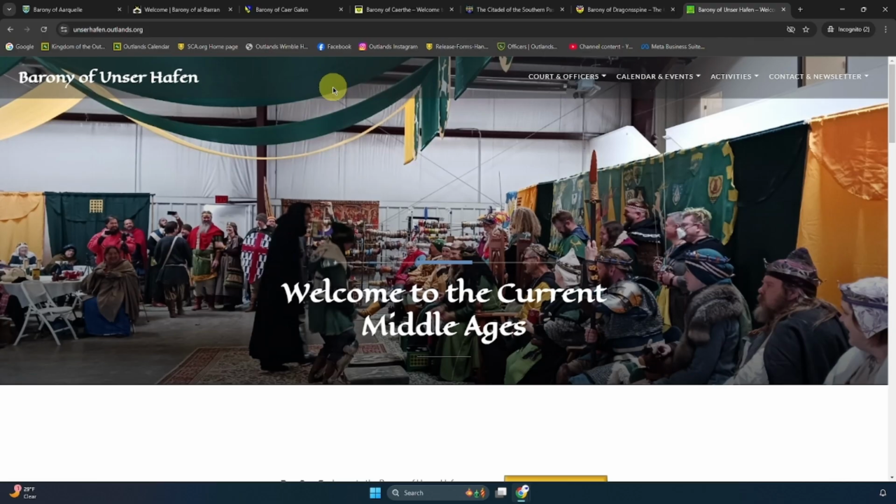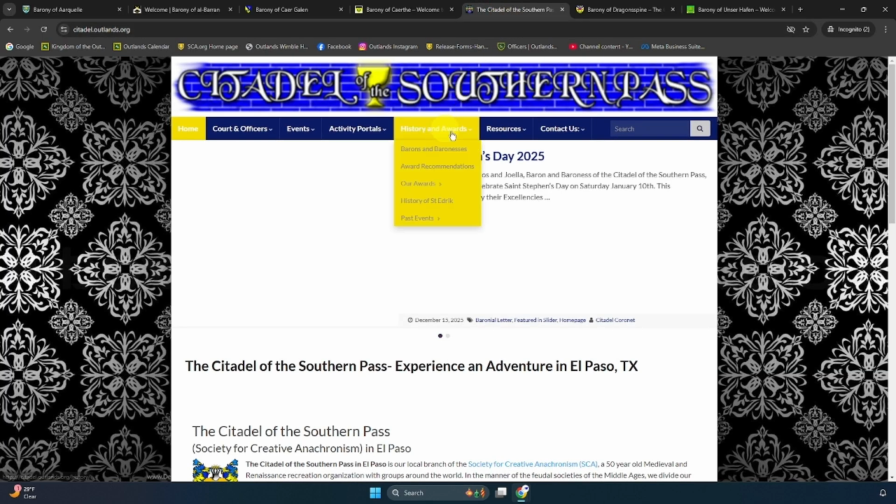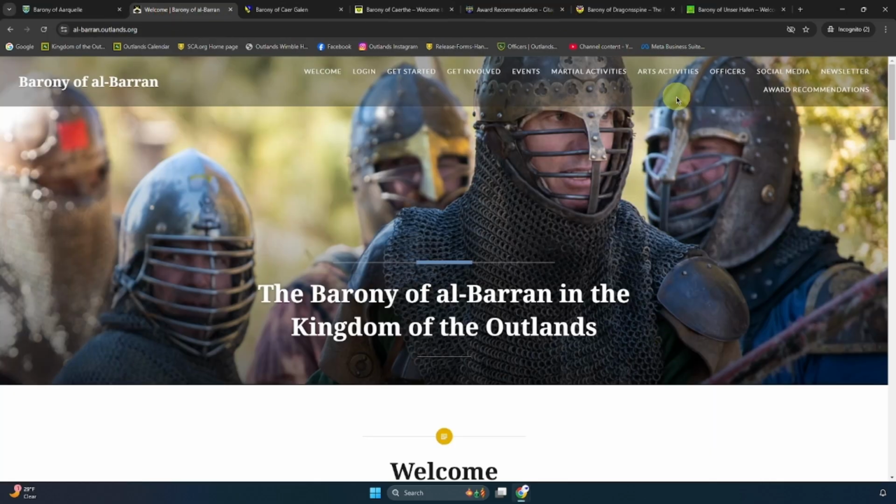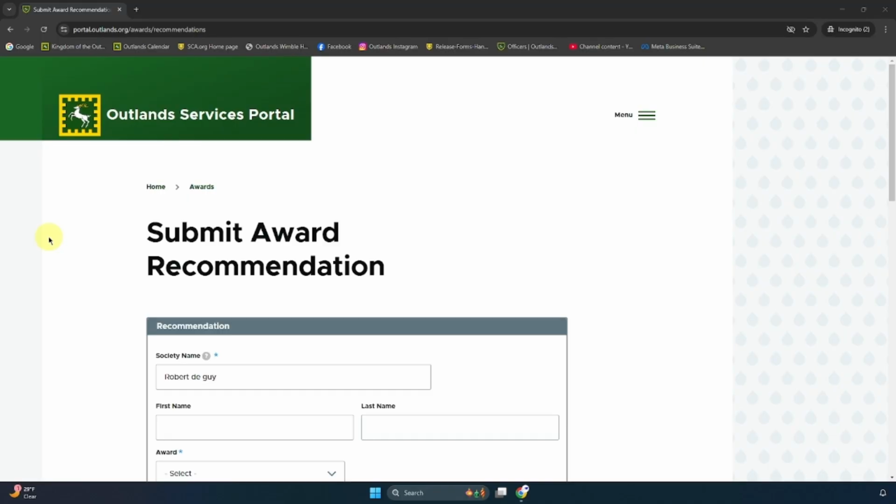So if you wanted to submit someone for a Defender of Thermopylae, that would be a Citadel award specifically under their own website, so that will go to their coronet. If you wanted to submit an Antares Kano for Albron, that would be over here, so that it's going to the correct individuals. This has been a brief overview of the award submission for the Kingdom level awards for the